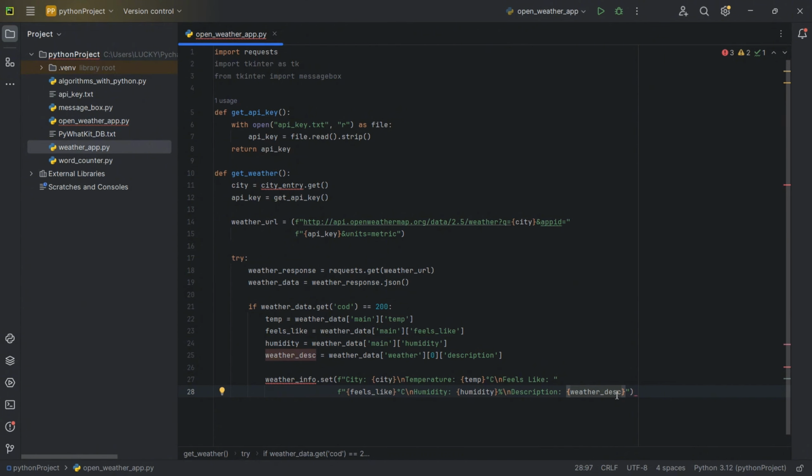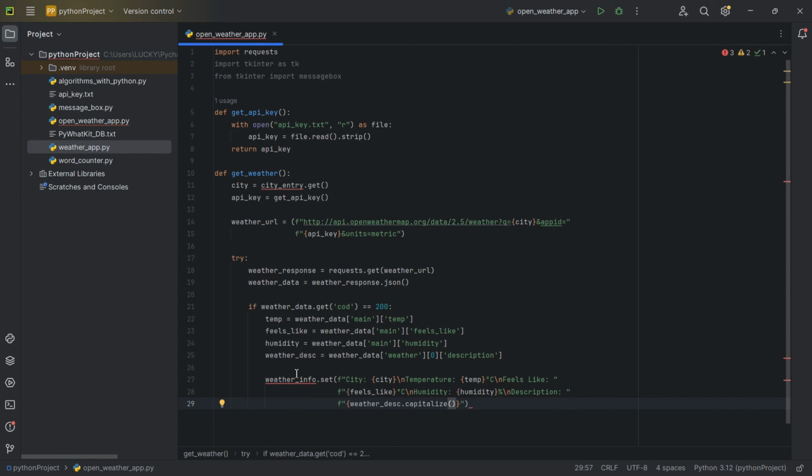Then we should capitalize it as well, so let's use dot capitalize. Perfect. Now, if the weather data request was successful, which is this 200, the HTTP request code,